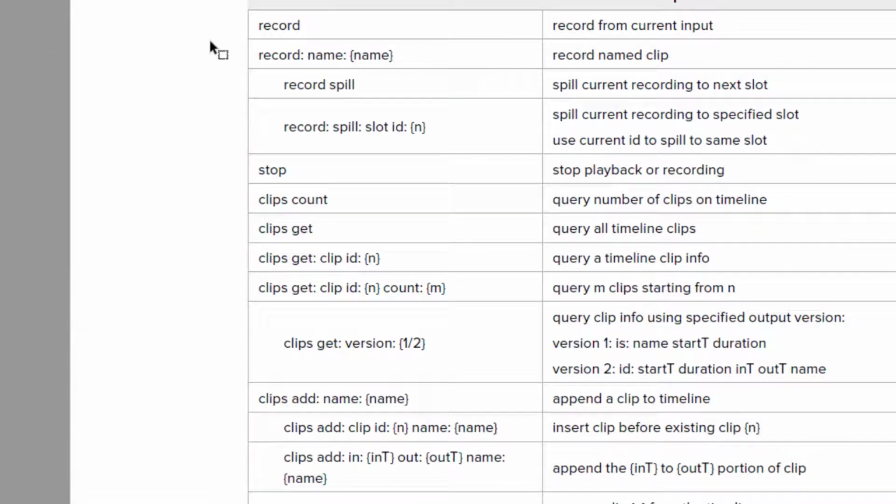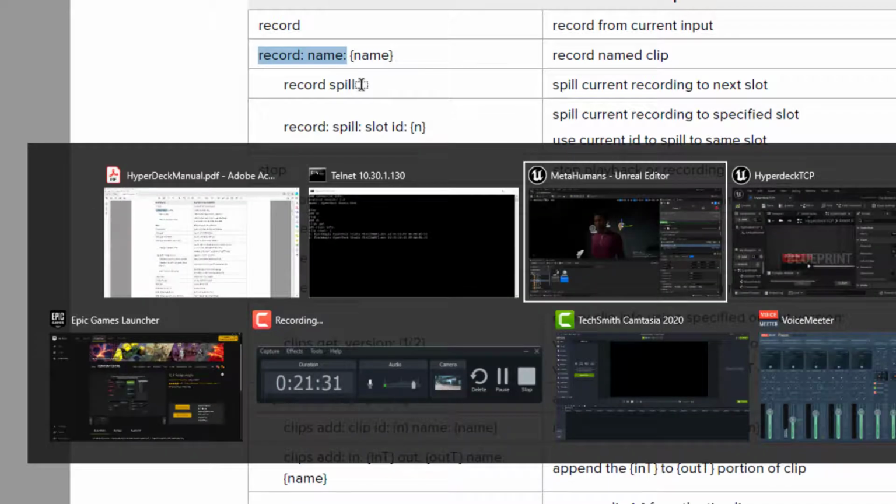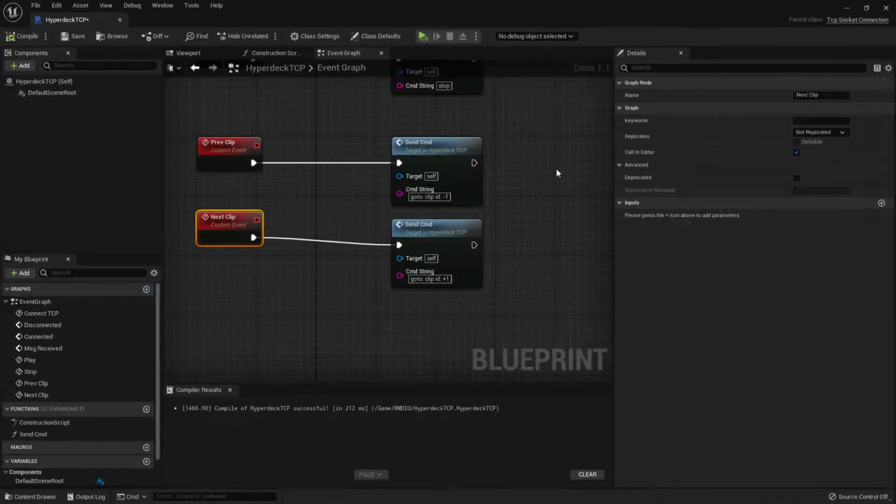And so if we look at the documentation here under record, we could just hit record and it'll record. But if we hit record :space name : we get the opportunity to provide a file name. And I'm going to eventually use this to be able to take information from the take recorder and name the file to match the take recorder settings. For now, let's just make sure we can record to a specific name. So just use this to Control-C, copy the command. Let's go back to Unreal and maximize our